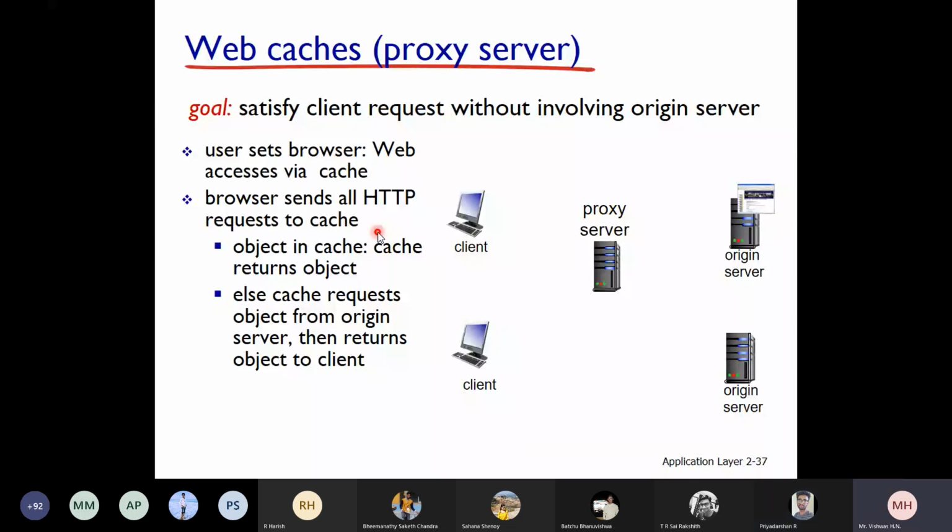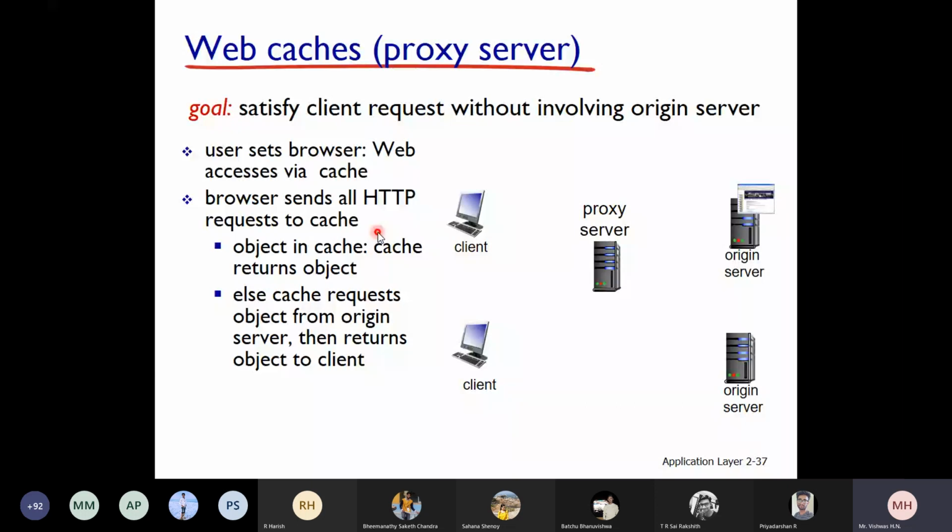Okay. So basically, students, say for example, again we'll take the initial web page of Amazon. You send a request to the Amazon web page. What happens is there will be a proxy server. There are different levels of proxy. There will be a proxy server in between you and the origin server. You can see here, a client sends a request. That request will not directly go to the origin server. The request will go to the proxy server first. If the proxy server already has that web page, the proxy server itself will give you the response.